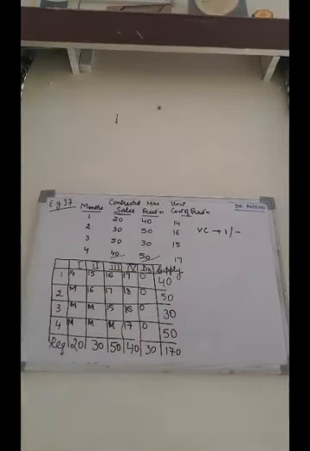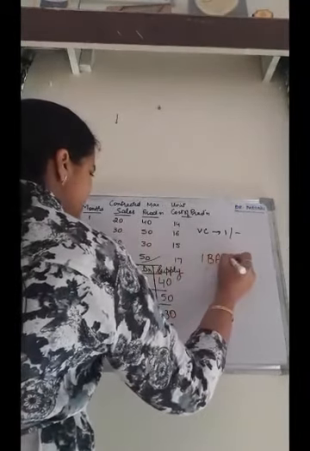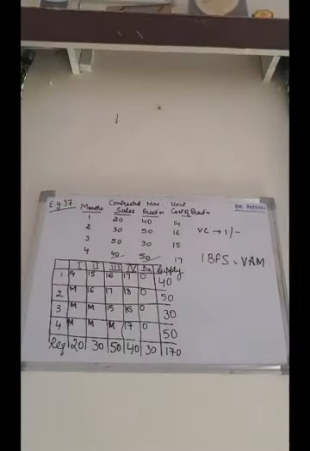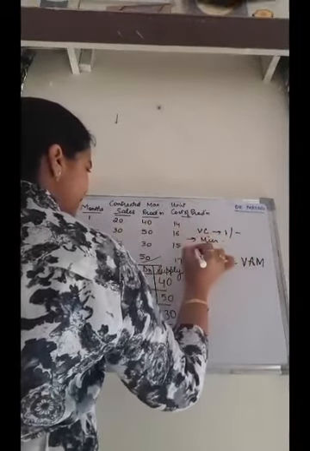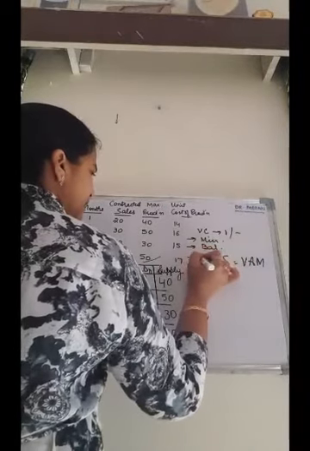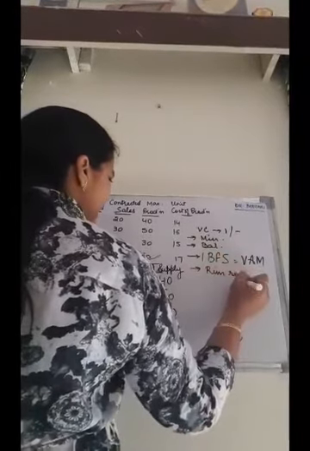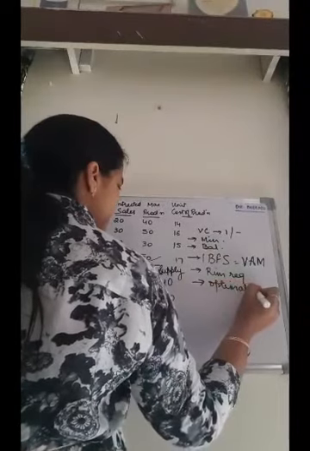Now, since the problem is balanced, we can calculate the initial solution, IBFS. We can calculate with the help of VAM. First was minimization. Yes, the problem was of minimization. Second is balanced. Then third is VAM. Fourth is rim requirement. And fifth is optimality test. These would be the steps.